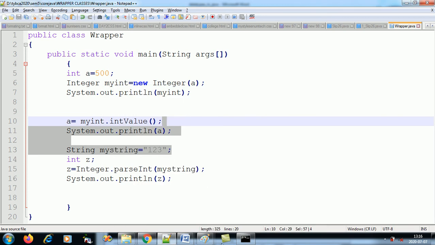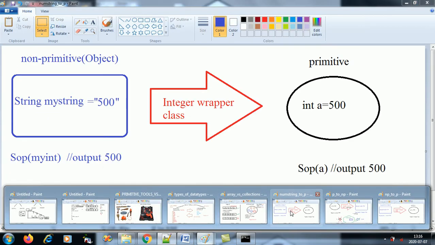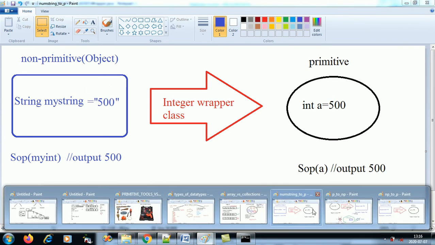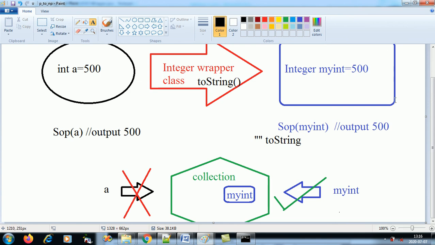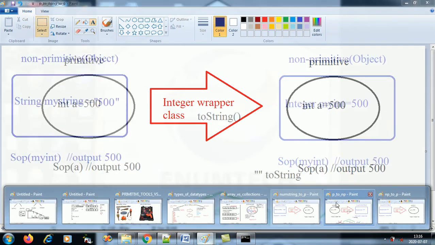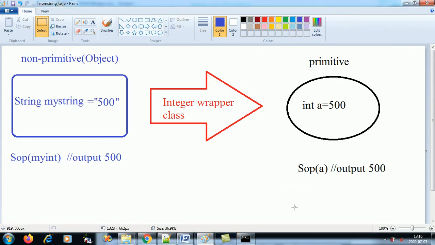Perfect. I've made some diagrams also for your understanding. So this was for the first one. Convert a primitive to a non-primitive. Similarly, you can also convert an object, that is a non-primitive, back to its primitive using the wrapper classes. So my string gets converted to your object.